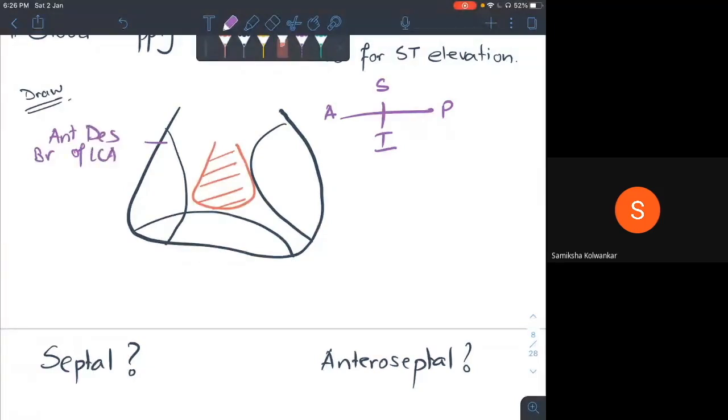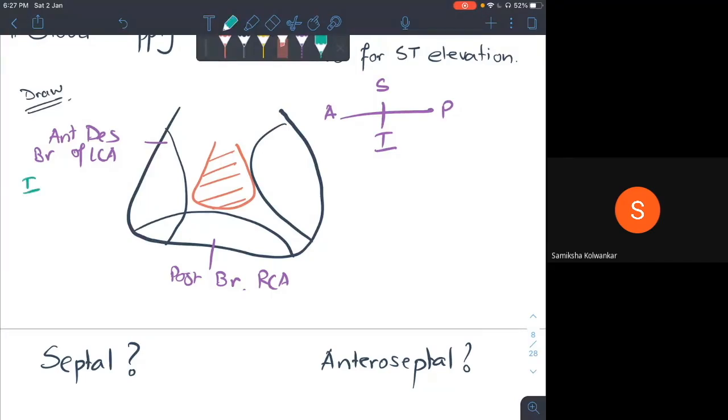Simple to remember, right? Anterior descending branch of the left coronary artery. And the inferior wall is supplied by the posterior descending branch of the right coronary artery. Okay? Because you know that the right coronary artery supplies the base of the heart. Now, if we merge the ECG leads and these vessels together, we know that the anterior wall is